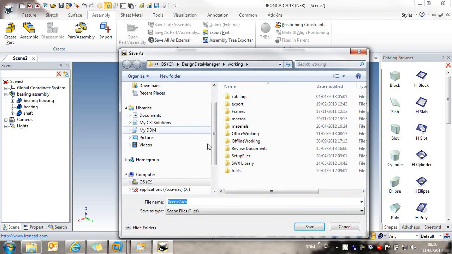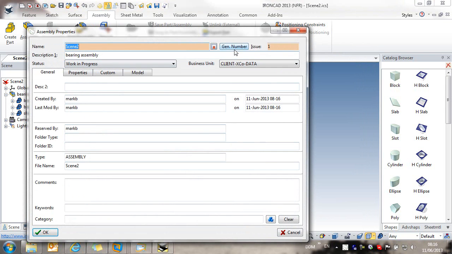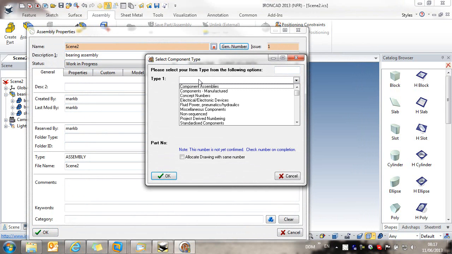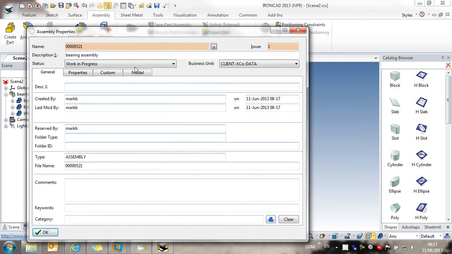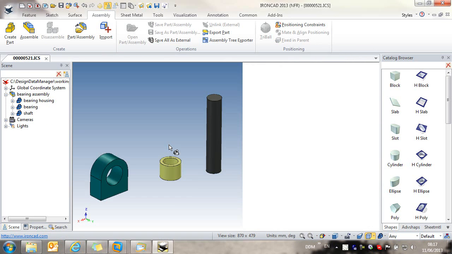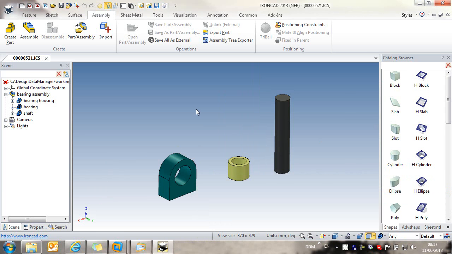So we're ready to save this back to DDM. Again, the same process as the first part that we created. This time we're going to allocate a concept number, because at this point we're not sure what the final part number of the design is going to be. So while we're just developing the design, we're just going to allocate a temporary number to it, and we save that back to DDM. And I can close this,